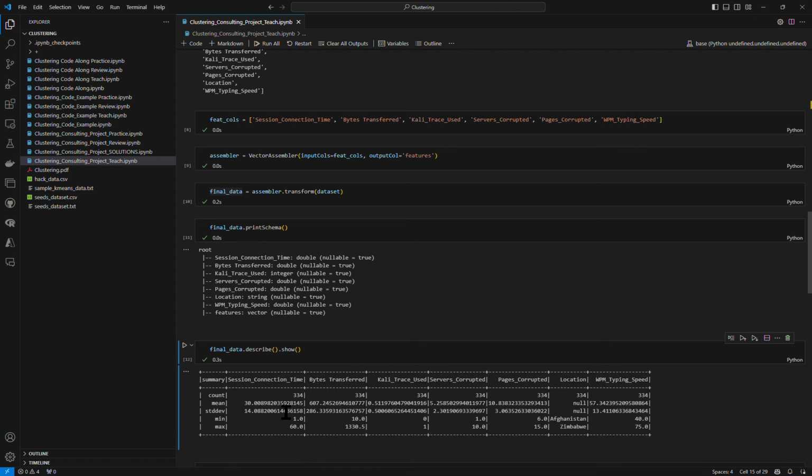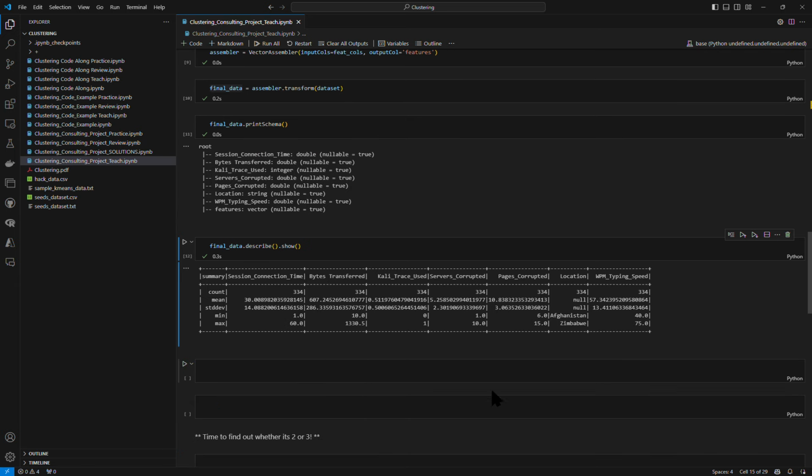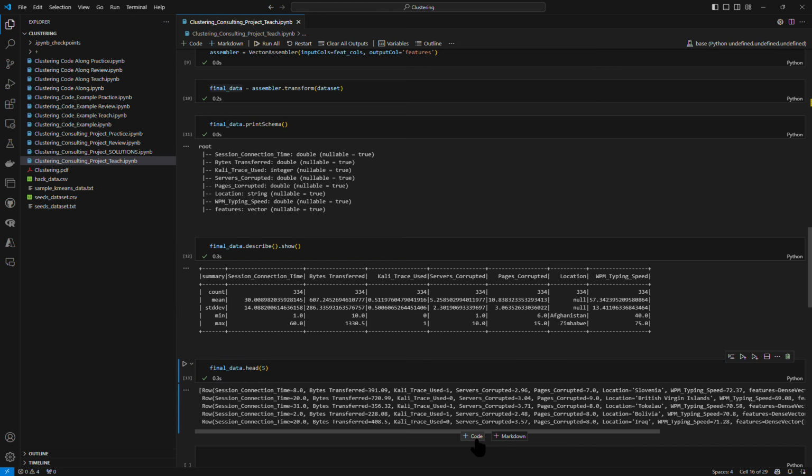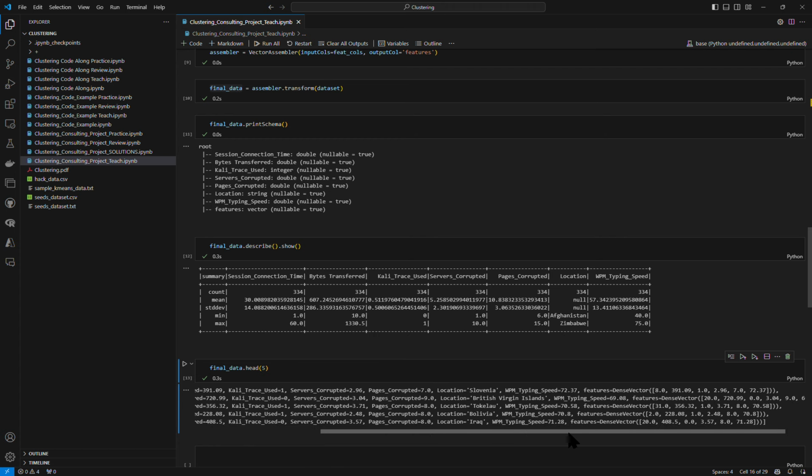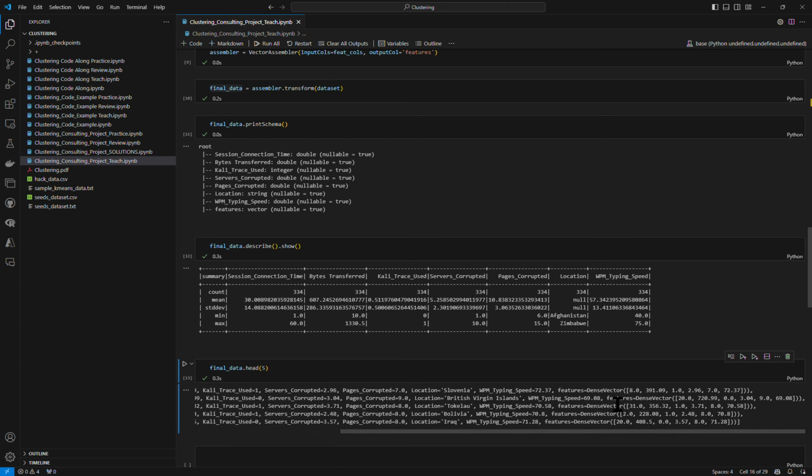And these are summary statistics, like here's the 334 rows, the mean is 30 for connection time, mean max. This information doesn't look unusual. Nothing looks unusual. Now we'll look at the few rows of the data, final head, like 5 rows of data, and see what is populated. Looking at this, nothing seems unusual, and we have this dense vector that is a feature column,